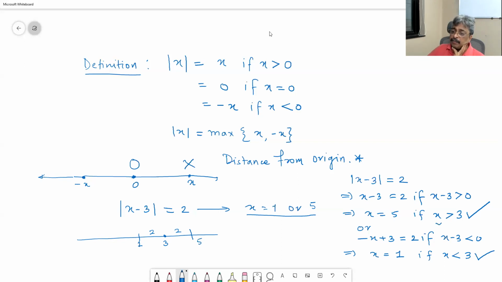So the condition for absolute value is also satisfied and the value of x that you are getting survives, because this and this also should be correct. If x is equal to 5 and it says that x should be greater than 3, then the answer x is equal to 5 is correct. Okay, so I have explained to you both the methods. This is geometric, this is algebraic.